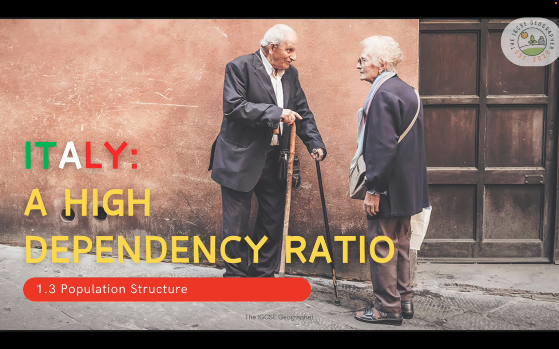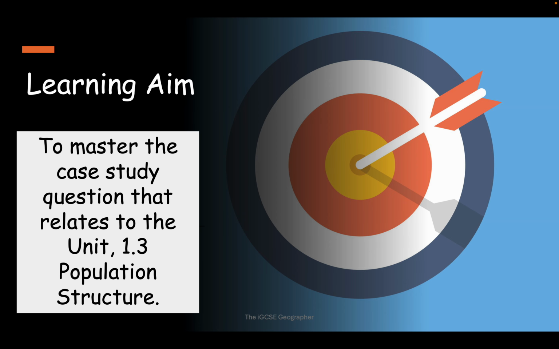This time we're focusing on topic unit 1.3 population structure, specifically the country of Italy, which is an example of a high dependency ratio here. So what is the learning aim today? Well, we're going to master this case study question that relates to this unit, 1.3